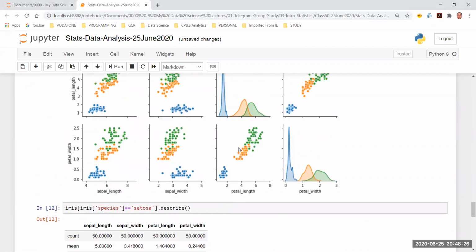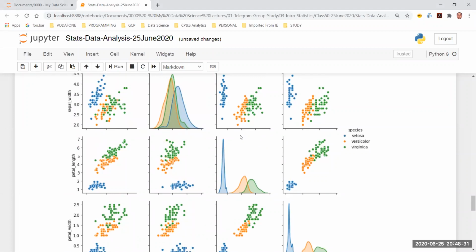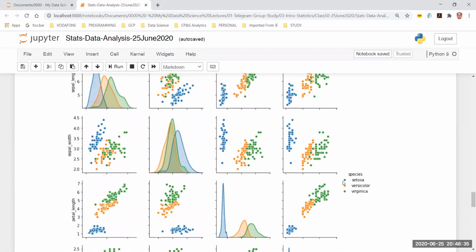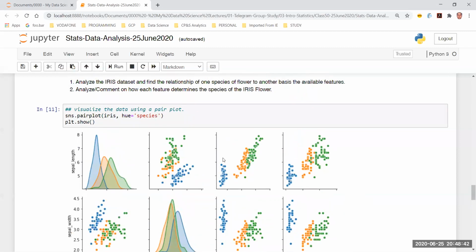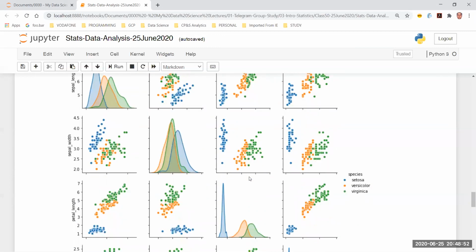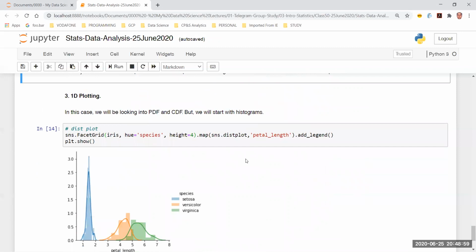Yeah. And in the scatter plots only, we come to know about a lot of association between the variables, where we clearly saw, with petal length being one of the examples, that the blue color, which represents the Setosa species of the iris flower, the example that we have started taking on, which is nothing but a toy data set, shows a clear demarcation of this species. But when it comes to the rest of the two species, versicolor and virginica, they have quite some kind of overlap. Right? So let's now go ahead and look into 1D plotting.